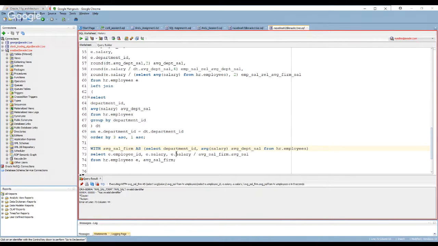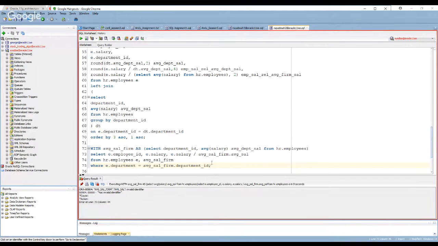So select, and you join where E.department_ID is equal to average salary.department_ID.